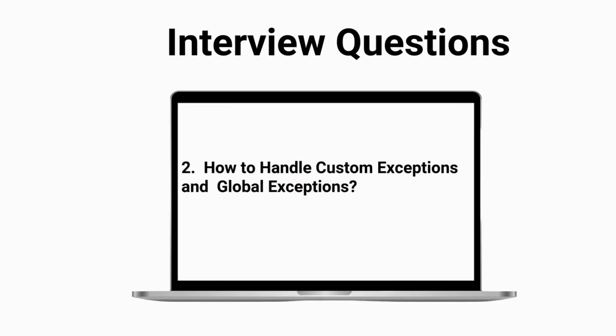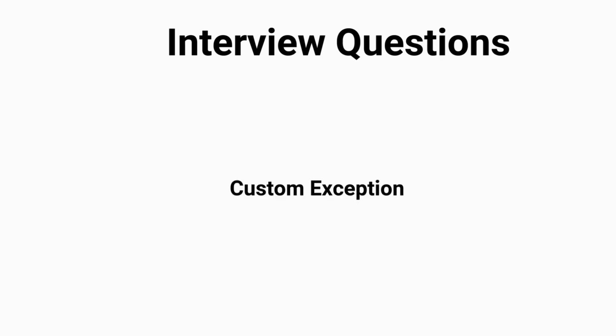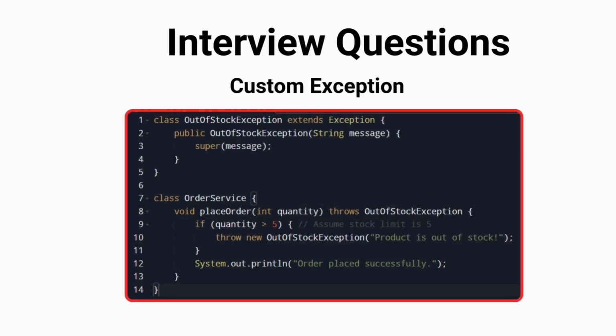Question number 2. How to handle custom exceptions and global exceptions? In Java, we can create a custom exception when we need to handle specific business logic errors. For example, in an e-commerce system, if a user tries to purchase an out-of-stock product, we can create a custom exception for that. Here, I'm creating a class OutOfStockException, which extends the Exception class, and inside that I'm having a constructor